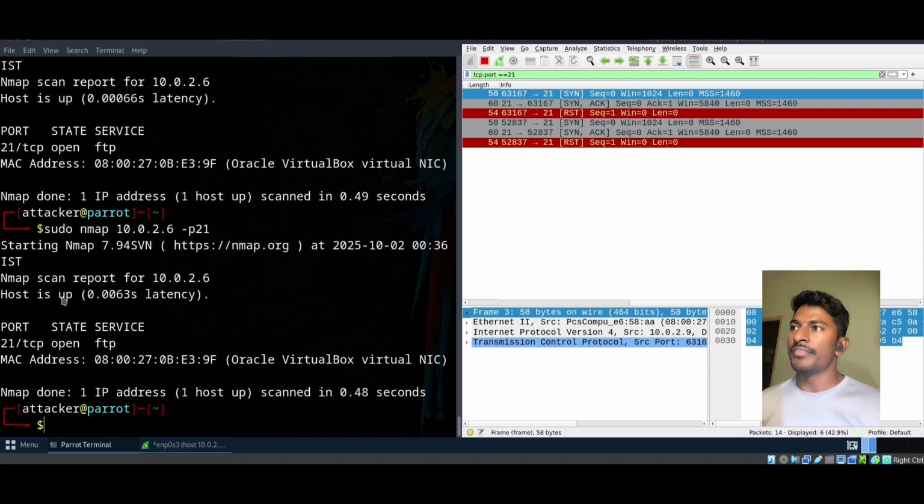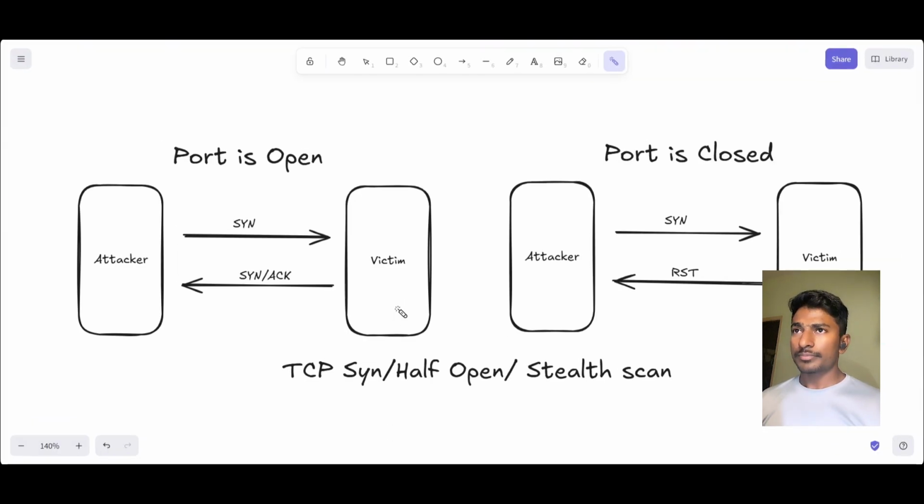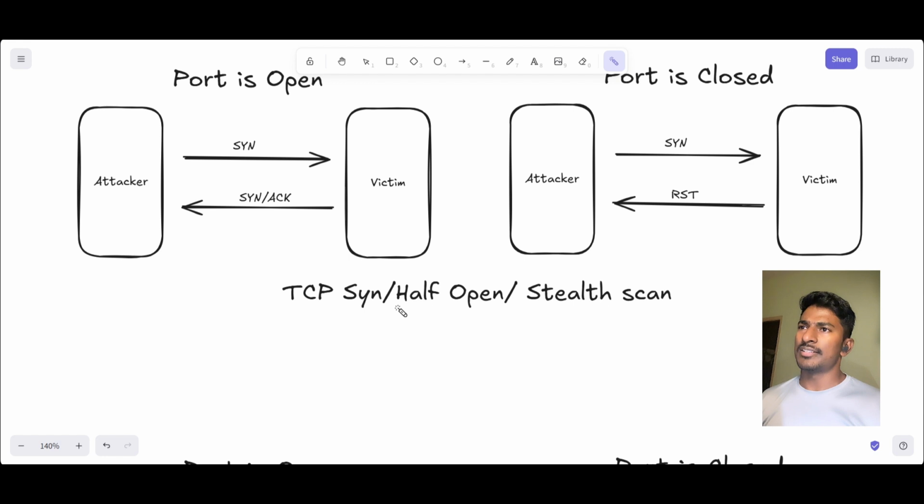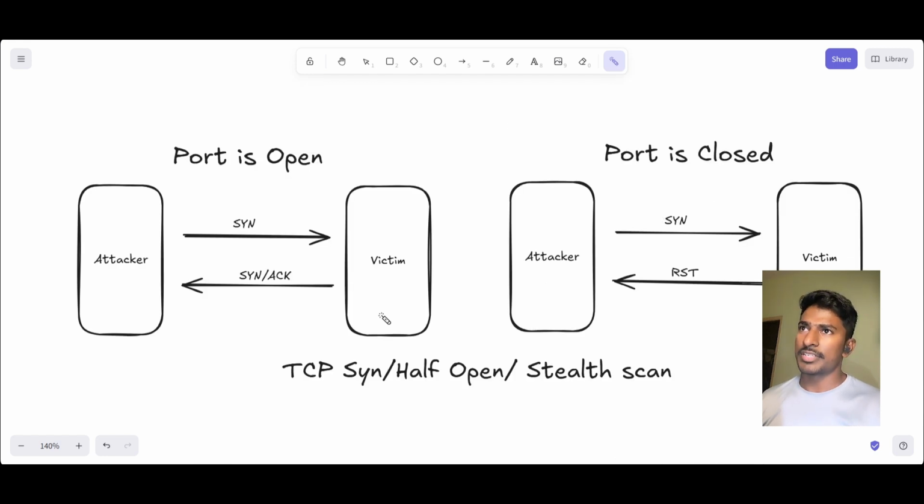That is because when you use Nmap with root privileges, you by default will be using a stealth scan or half open scan, also known as a SYN scan. So that is about that. Then for this video, it is that. Then in the next section we'll understand the null scan, Xmas scan,